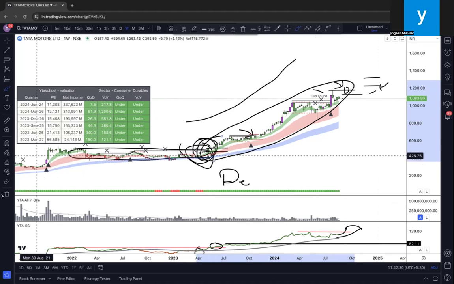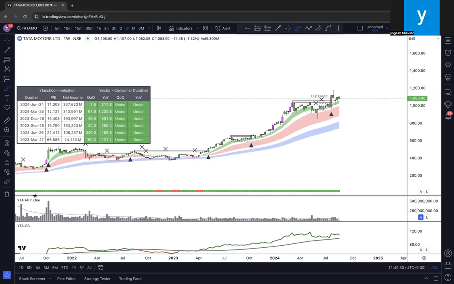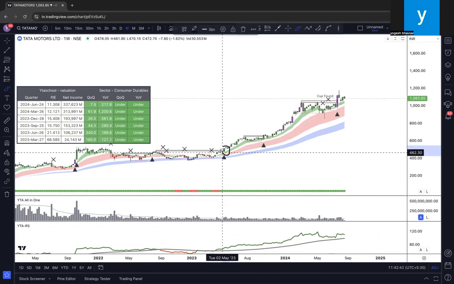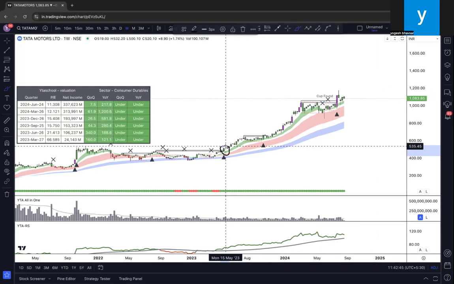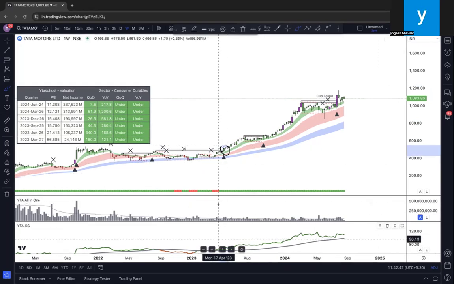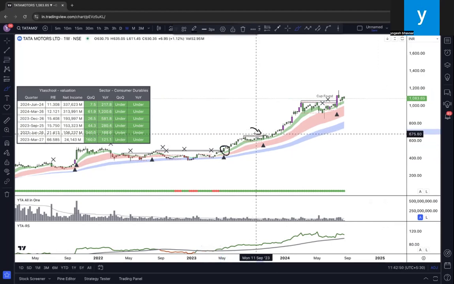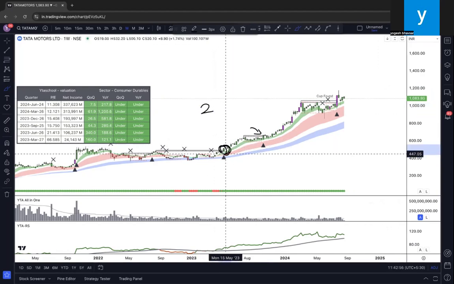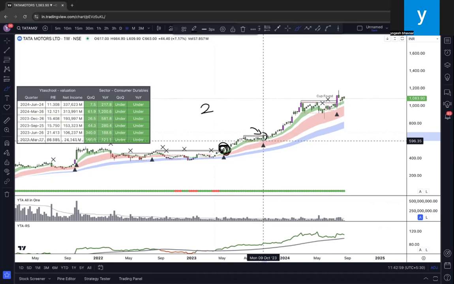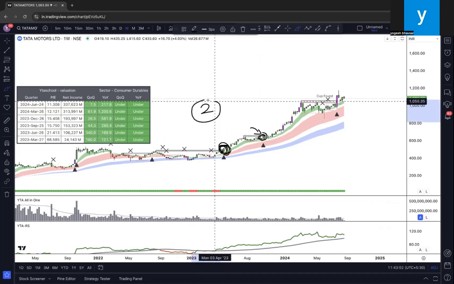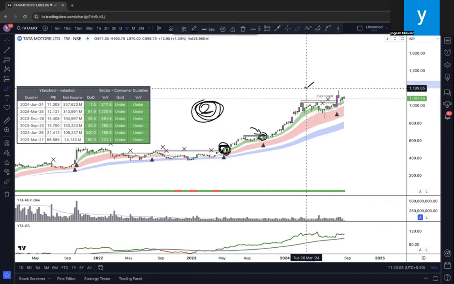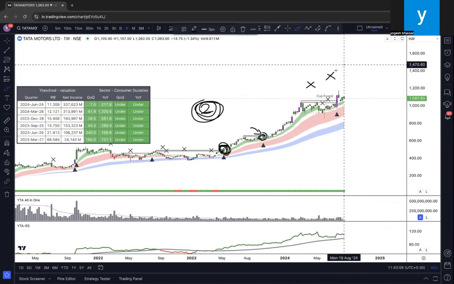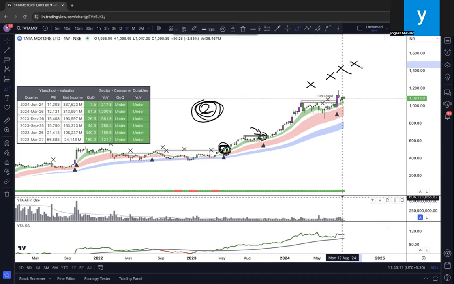A simple strategy, a simple way to enter. Now, my last thing is, if the students have never entered Tata Motors in this area, or say any single stock, have not entered in the first leg or the second leg, okay? The maximum you should give is 2 legs from when the trend started. Leg number 1, leg number 2. If you are not in the first 2 legs, you should never take a fresh entry in the third, fourth, fifth, sixth, seventh, eighth, ninth, 10th.